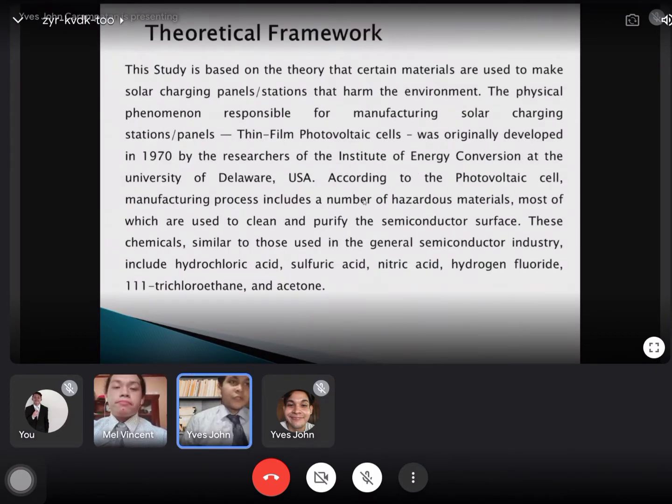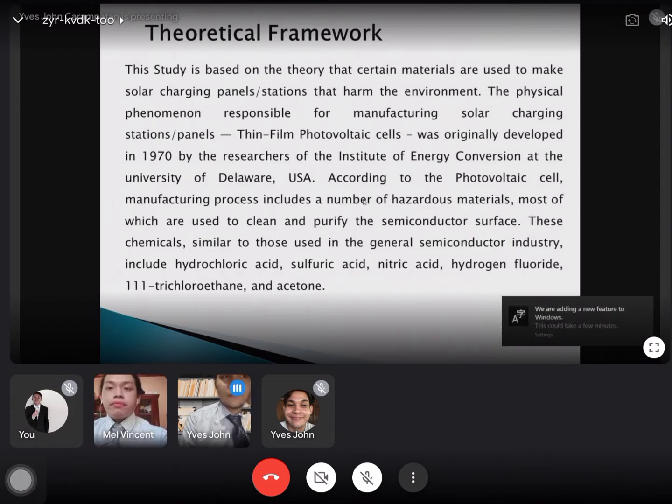So for the theoretical framework, this study is based on the theory that certain materials used to make solar charging panels or stations harm the environment. The physical phenomenon responsible for manufacturing solar charging stations or panels is thin film photovoltaic cells. It was originally developed in 1970 by the researchers of the Institute of Energy Conversion at the University of Delaware,